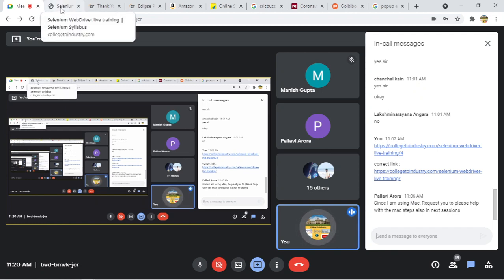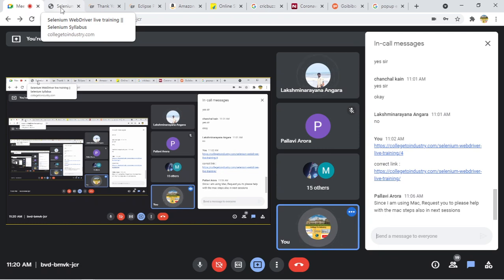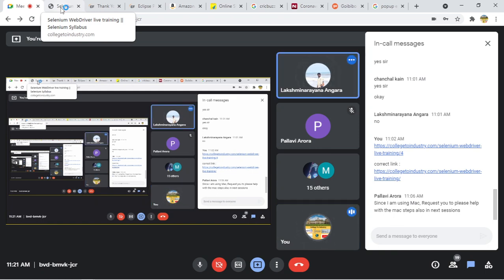I will share that in the Telegram group which we have created. Is it for both iOS and Android users? No, currently it is only for Android. We are working on iOS. As of now we do not have an iOS app, but we will make sure to create a Google Classroom account for those who have an iPhone. Okay, thanks a lot.